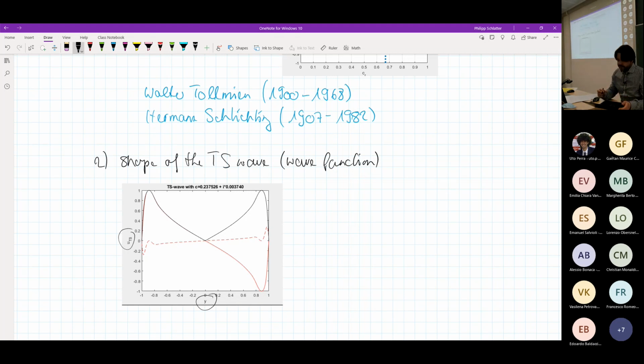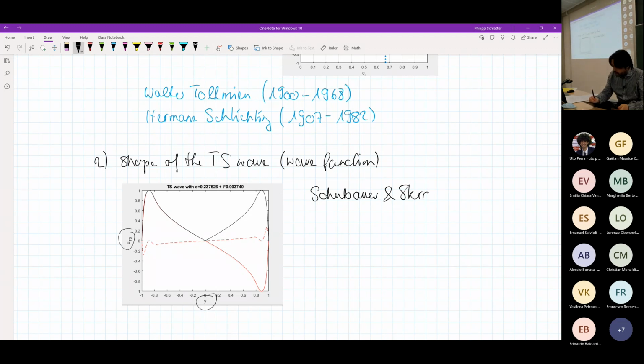And also here it's interesting that Tollmien and Schlichting predicted the existence of this wave in the 1930s. So just a little bit before the war started, or the National Socialists were taking over in Germany, and research stopped. So they predicted it at the end of the 20s, beginning of the 30s. But then it took another 16 years roughly until the TS wave was for the first time detected in an experiment. And this is also a very famous experiment by Schubauer